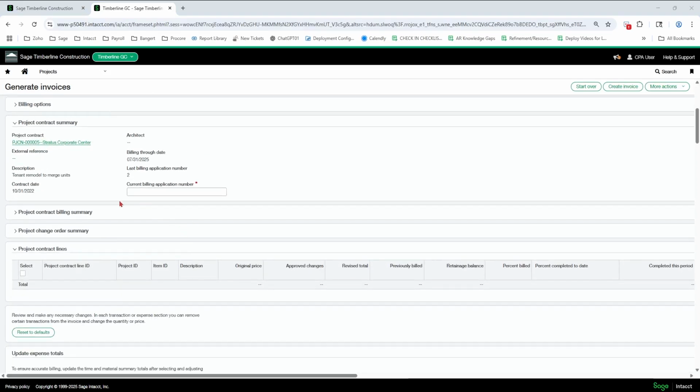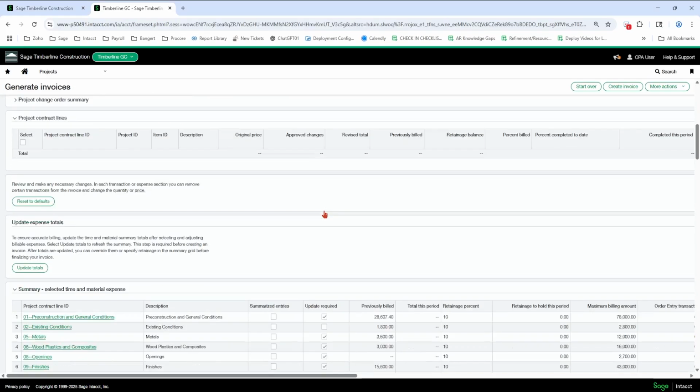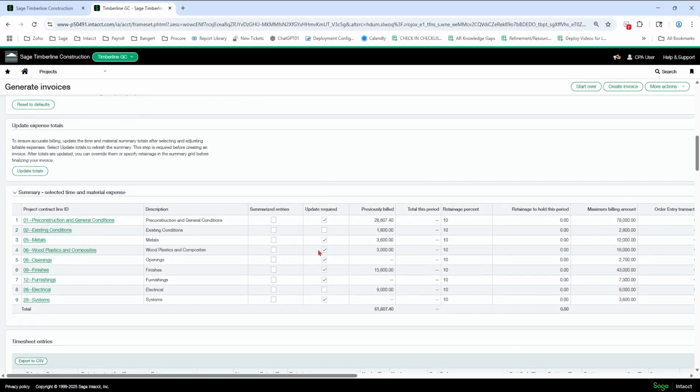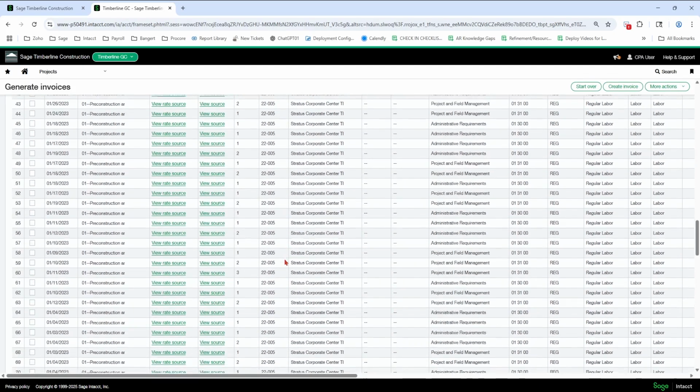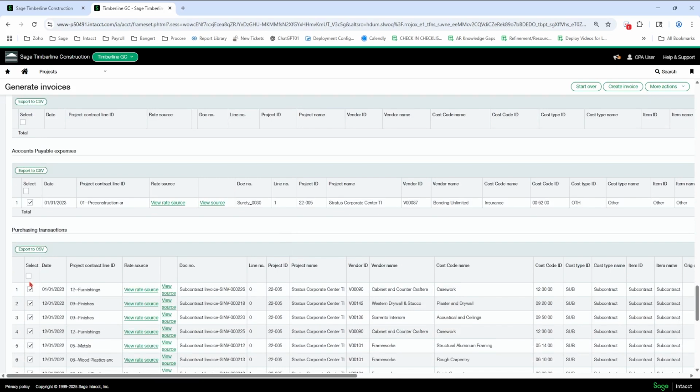I'm going to scroll down. I'm going to do number 3 here because we have to have something there. And a couple of things I want to point out. So down here, take off all the labor and do a simple fix on the AP bill.